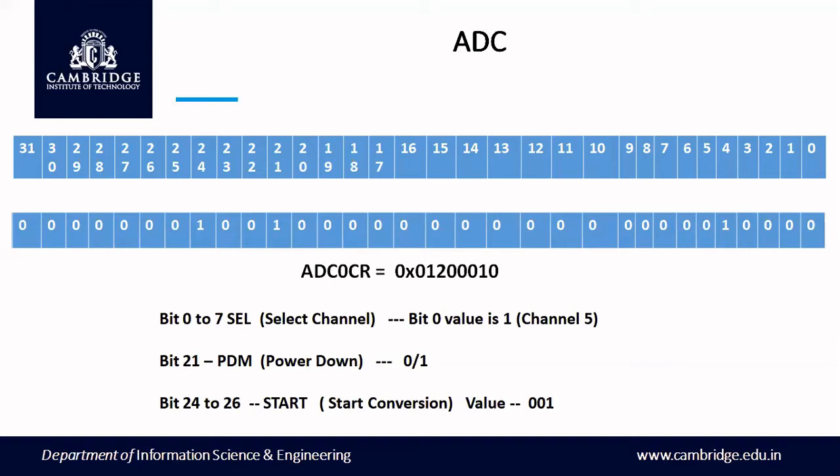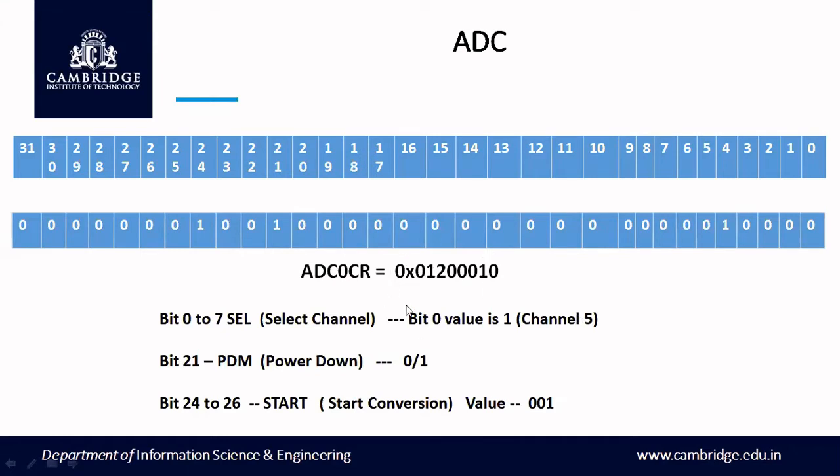When all these values are filled, all zeros and ones as per our requirement, the control register value will be ready. So in AD0CR, the control register, this is the value which will be loaded in the program. So 0x, then 0 for the first 4 zeros, then 0, 0, 0, 1, which is 1, and after that 0, 0, 1, 0, which is nothing but 2, and after that 3 zeros, and finally 0, 0, 0, 1, which means 1, and the LSB 0, 0, 0, 0, 0.